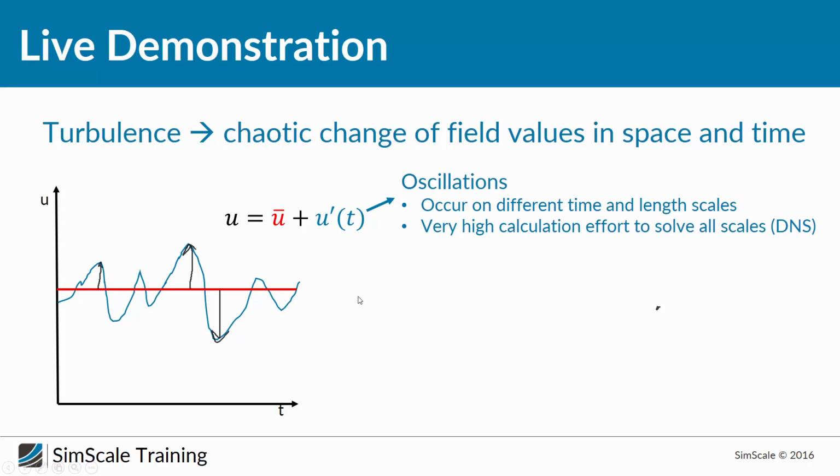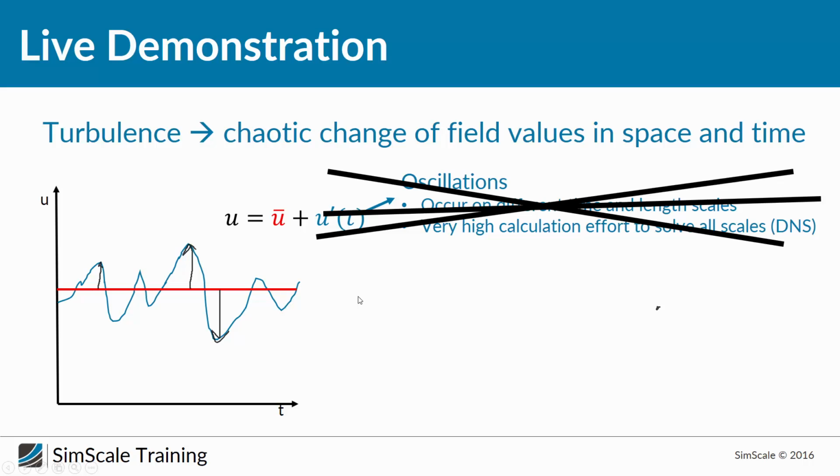But there is a remedy for sure, which is called turbulence modeling. Instead of really calculating this turbulence, resolving all the scales of turbulence, which would be a lot of work to do, and which is, by the way, only possible even on the largest computers in the world for very easy applications,